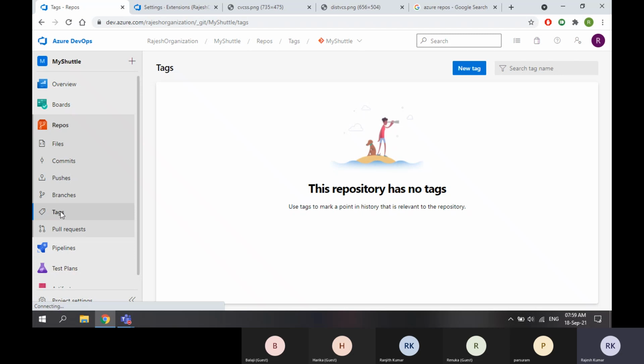In that scenario, if you create a tag, after 10 or 15 days you can directly go to the tag and verify, okay, this is my code, and after my code, there are 10 or 15 lines added. So you are creating a pinpoint for your code so that you will come to know how many changes are there from my point. That is nothing but a tag. Then pull request.